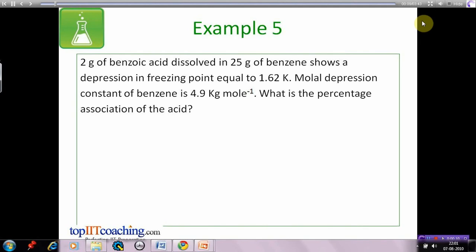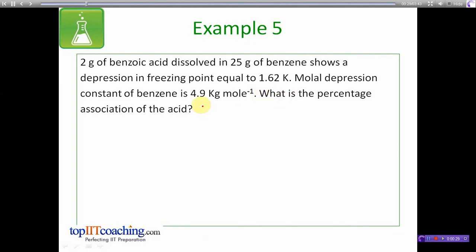Let's take an example. 2 gram of benzoic acid dissolved in 25 gram of benzene shows a depression in freezing point equal to 1.62 Kelvin. Molar depression constant of benzene is given to us, that is 4.9 kilogram per mole. We have to find the percentage association of the acid. Now generally the formula that we apply for depression in freezing point, that is delta Tf, is Kf into small m. On expanding m, we can write